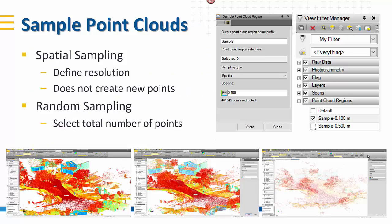Also, if you're exporting point clouds to other software packages that don't handle a big number of points, or for some reason you want to work with fewer points inside Trimble Business Center, you can use the sample point cloud region command and choose the sampling type as spatial or random sampling. If you're choosing spatial sampling, you will define the spacing. In case of random sampling, you will define the total number of points that you want,